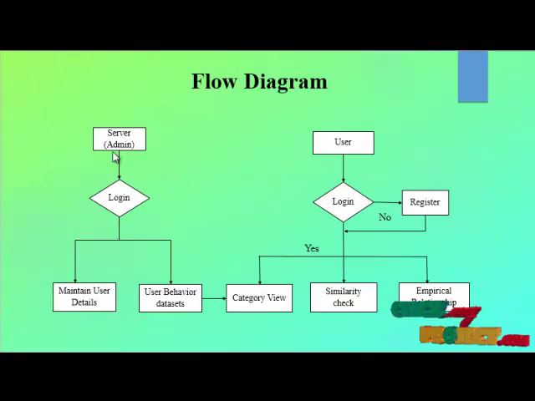Here is the flow of our title. Thus the server process starts. The server logs in to perform two types of processing. He also maintains the user details. He updates two types of datasets, the Tokyo as well as the New York user behavior dataset, and also does the